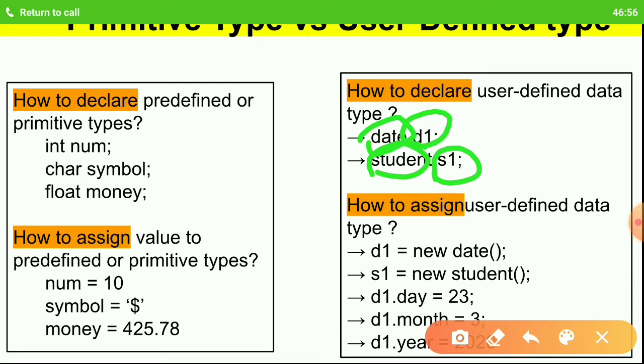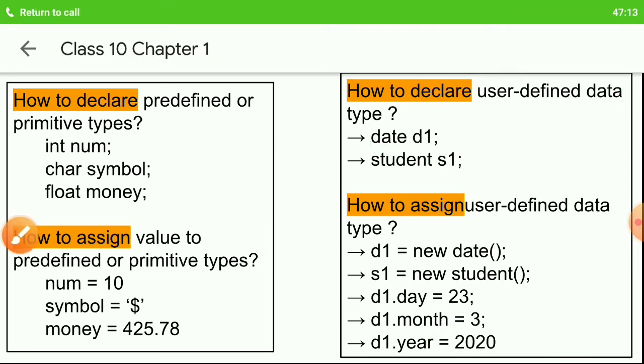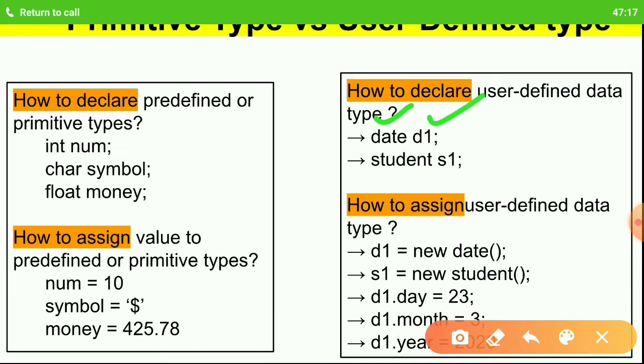Okay, so can you see the correlation? For declaring a primitive type, the syntax is data type plus variable name. For non-primitive also, non-primitive means for user defined types also, you will do the same way. Data type, then the variable name.